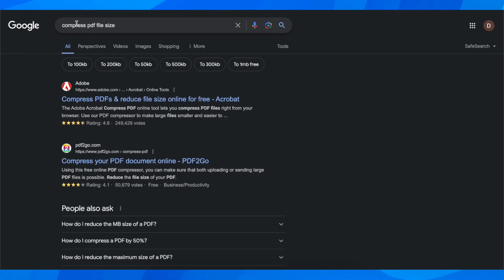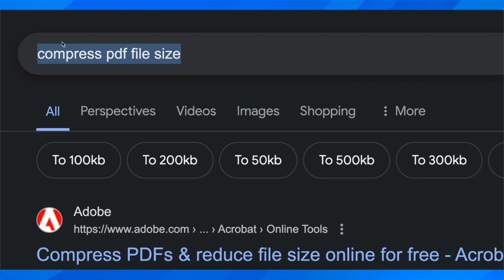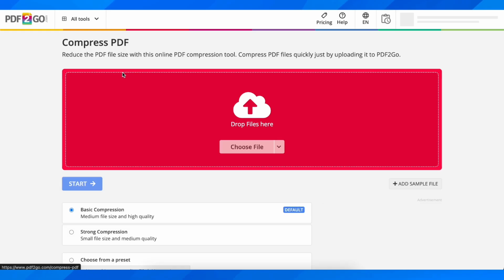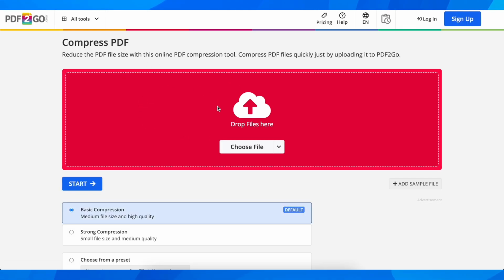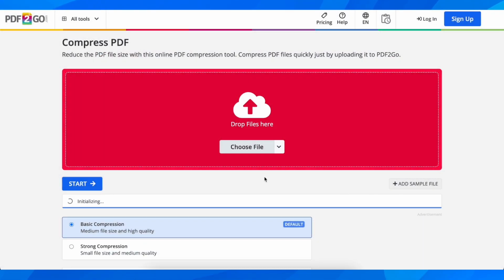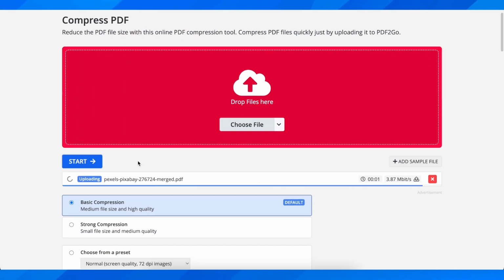So the first step is to simply search on Google compress PDF file size, and then what you're gonna have to do is simply click on this website here. Then you're gonna get redirected here, and what you're gonna have to do is simply choose your PDF file. So I'm gonna go with this one here. Then I'm gonna go and click on open, and now what you're gonna have to do is simply wait until